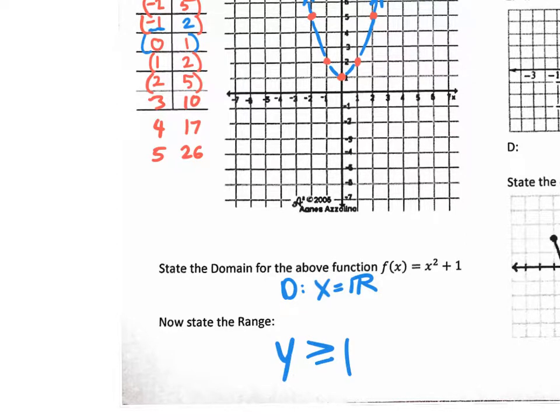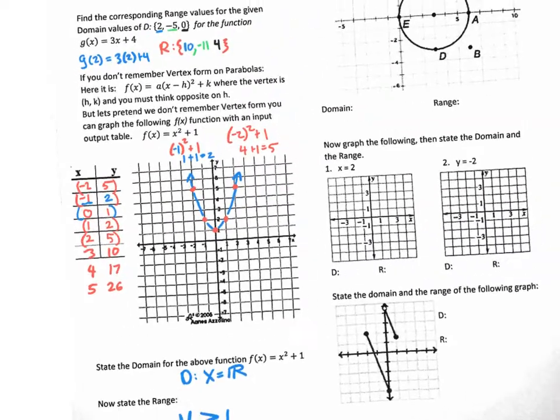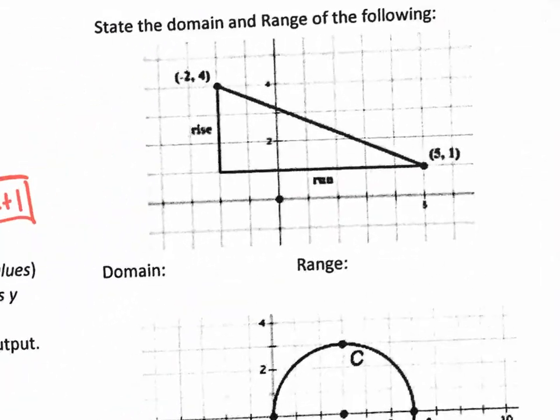Now that might be kind of tricky, but we're going to do several more examples with domain and range because it could be very confusing, domain and range. Just remember this, the domain is looking at your x values, the range is looking at your y values. The domain is looking at it from left to right where it exists, and we know it exists in that way forever and this way forever, but the range is looking at it up and down, and it only exists from this value up. Okay, so let's look at some more examples, and we're going to get into some funky